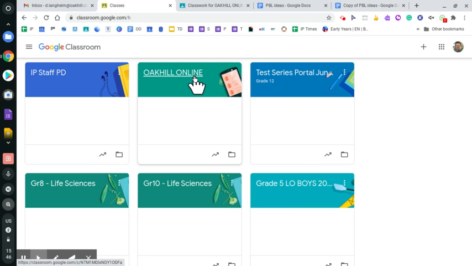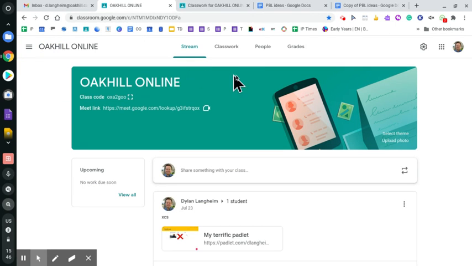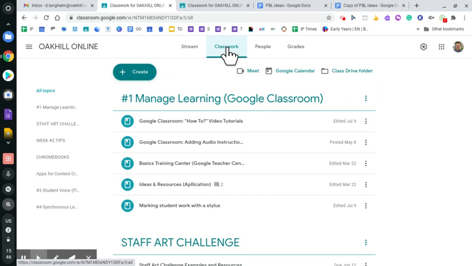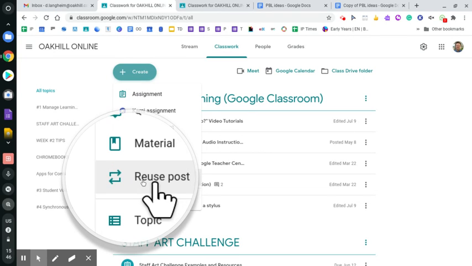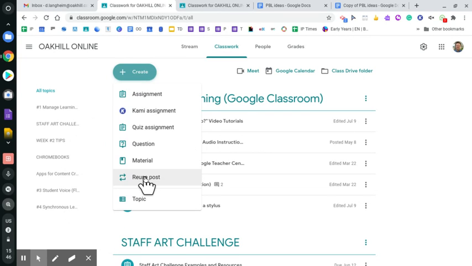Now, what about all of the work that I've already done? Well, the great thing here is, as you will already know, when you want to post new classwork, when you hit the create button, one of the features from your create button is that you're able to reuse a post. So if you've got an